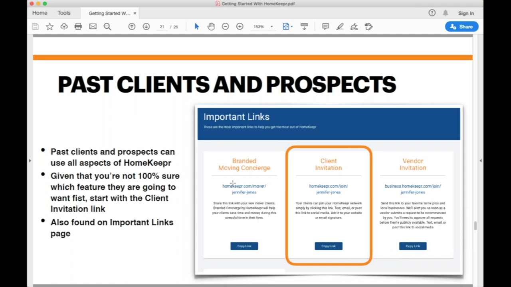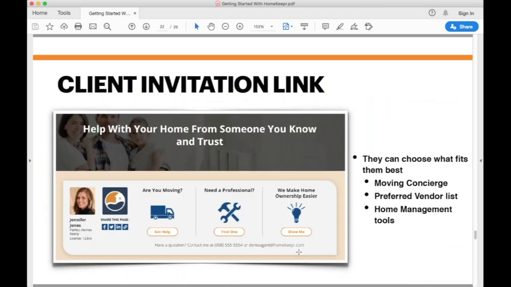We think for past clients and prospects, your best option is your client invitation link, or your join link, as you'll hear us call it sometimes. You can see it in the important links section. It's the second one. I have it outlined here on the slide. That one gives homeowners a choice to look at all the different services we have at HomeKeepr. So I'm going to show you a live version of that as well. I'm going to switch back to